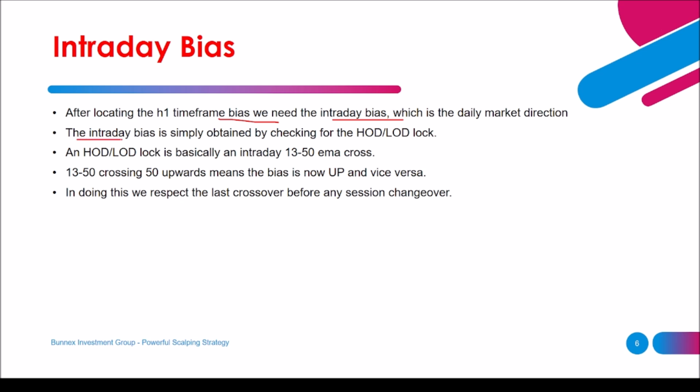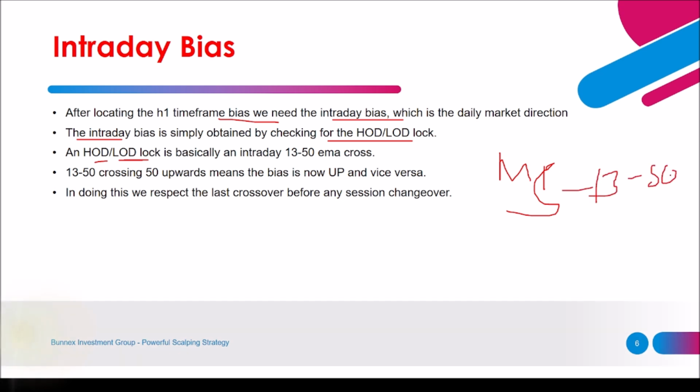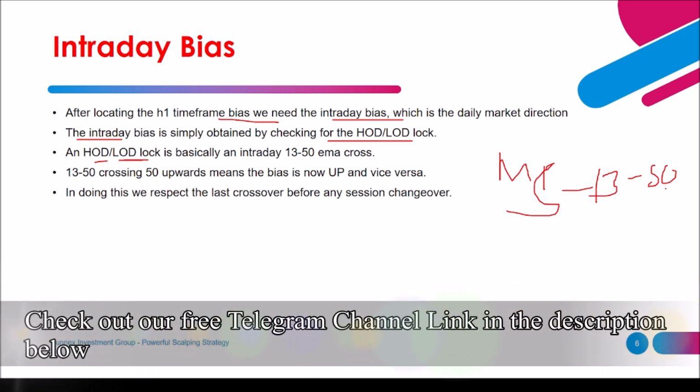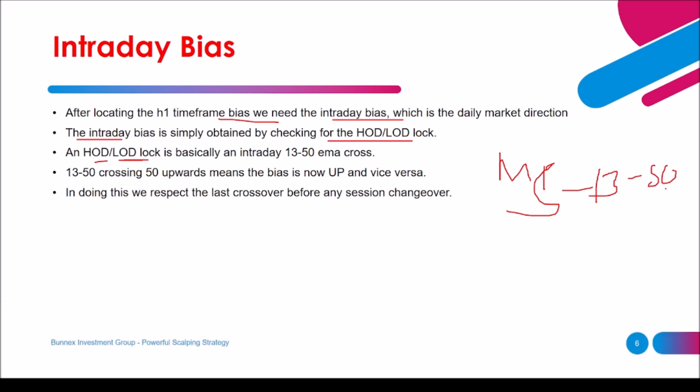So the intraday bias is simply obtained by checking the log of the high of day or low of day. An HOD or LOD log is basically an intraday 13/50 EMA crossover, meaning in layman's terms, we are saying M5, right? The 13/50 EMA crossover will actually give us that daily market bias, or that intraday market bias, meaning the bias for